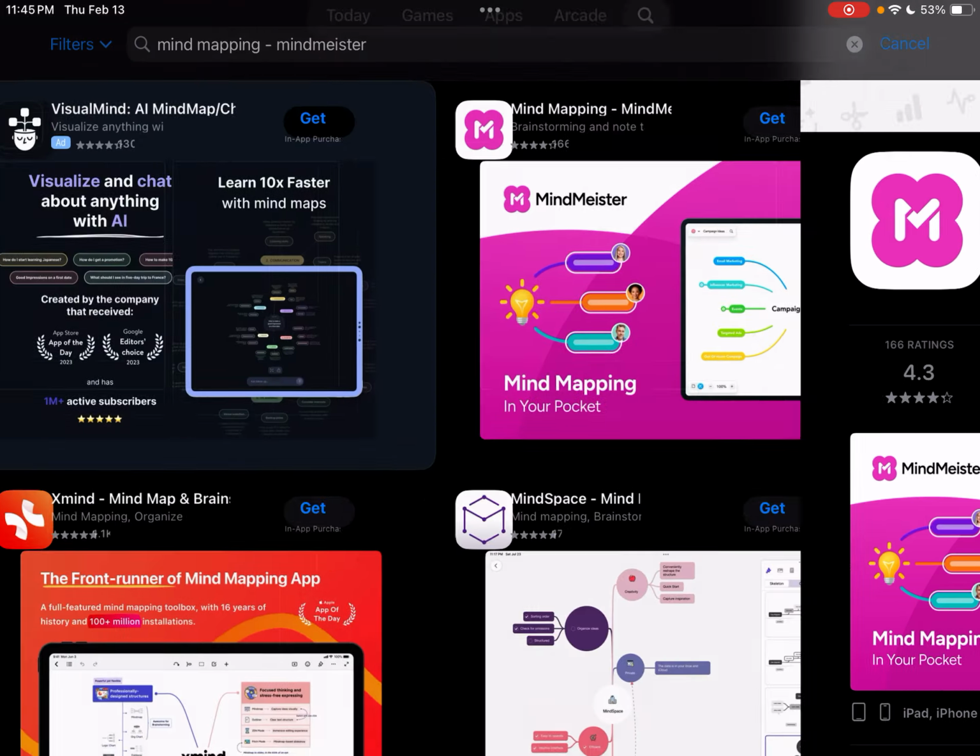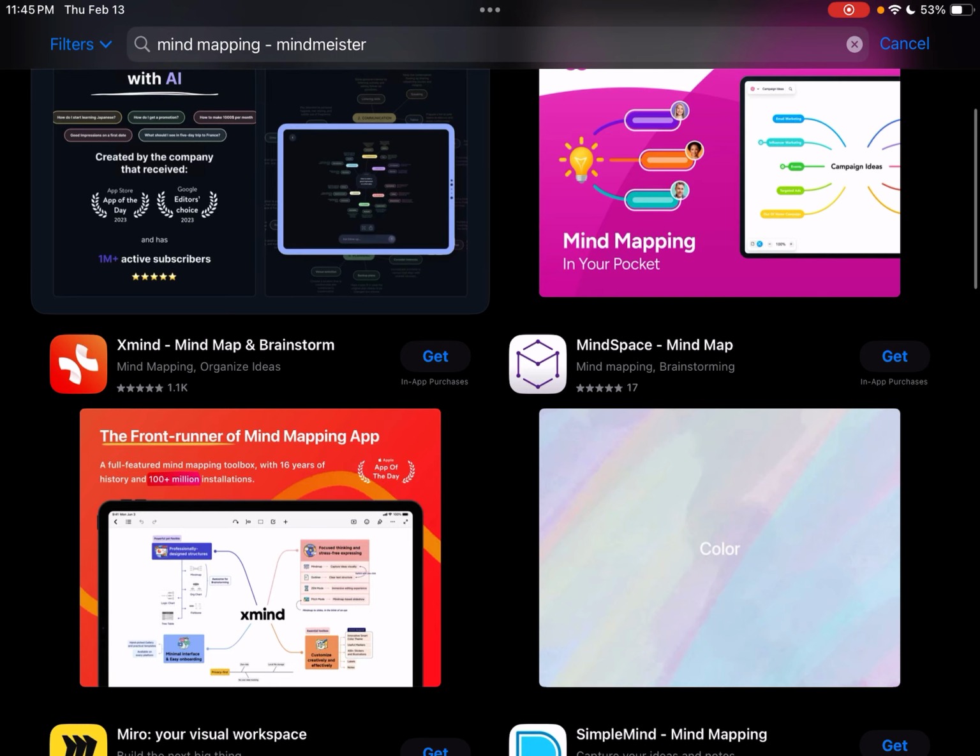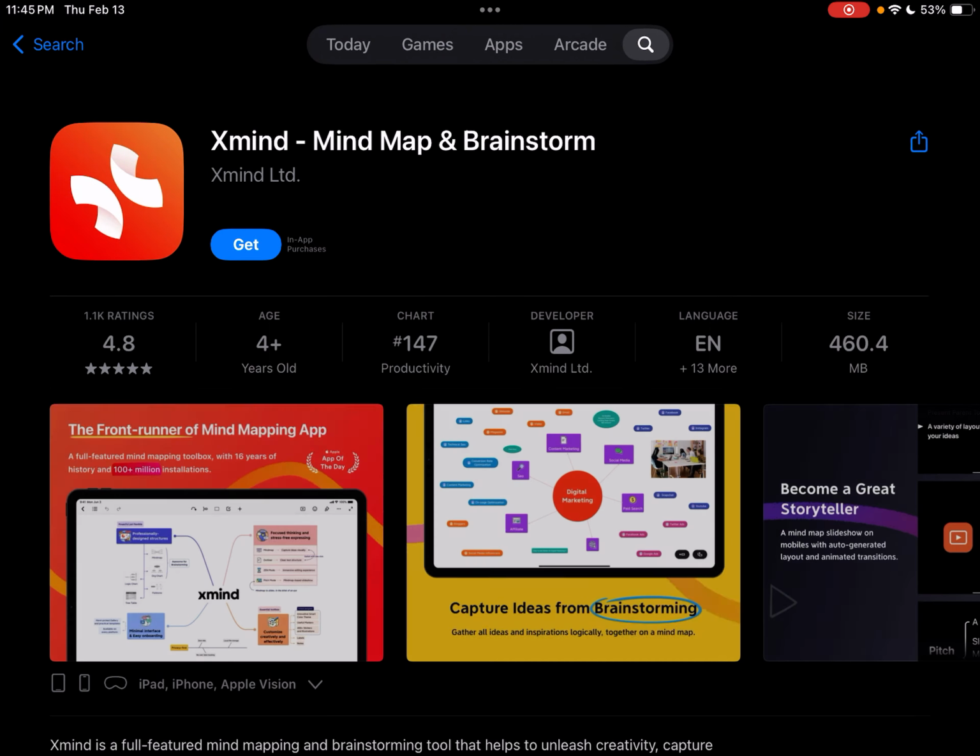Now, let's compare this with Xmind. So if we go over to Xmind, and Xmind as well is available on iOS, we can see here that based on over 1,000 ratings, Xmind has a more positive rating. And that is notable. So personally, if I was to choose between either of these, sure, good idea to spend